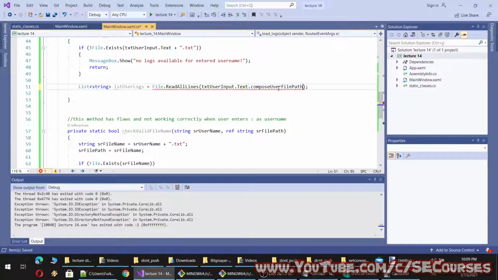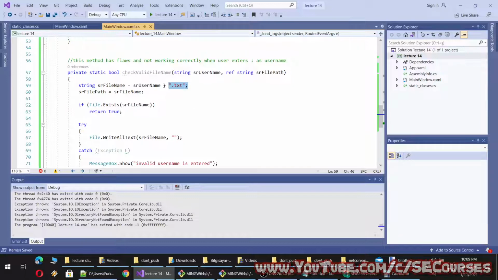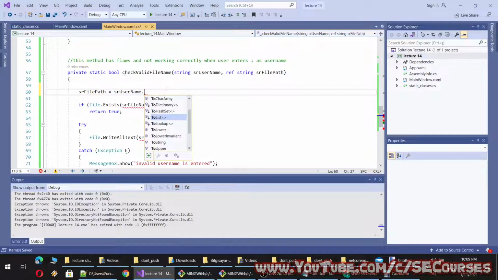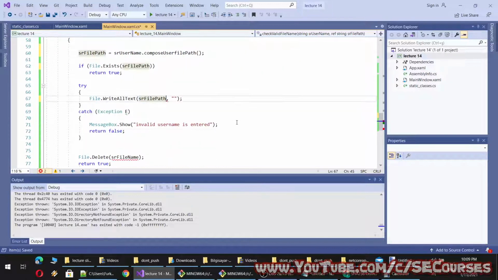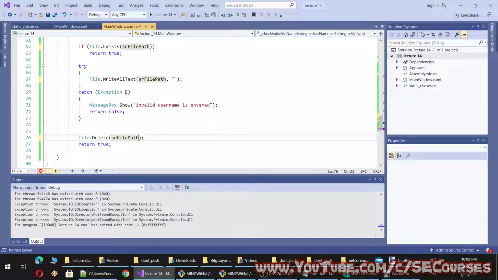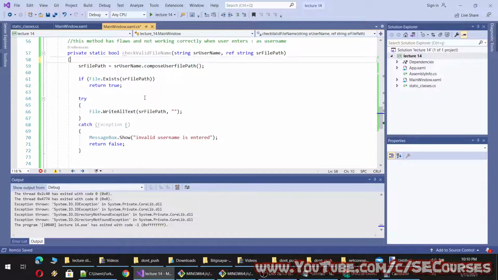However, with this method, we can simply give the file path like this, then we can read it to a list like this. I will be using the same method here as well. File paths, and then we can use this as a variable. Now everything is much simpler and cleaner.